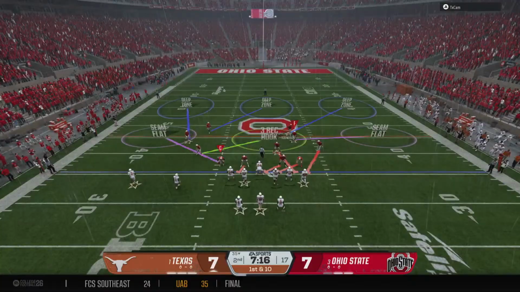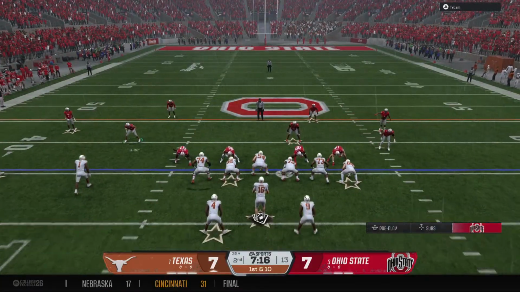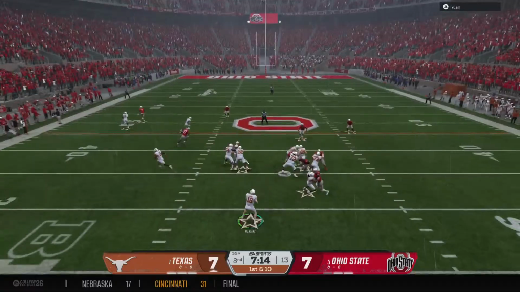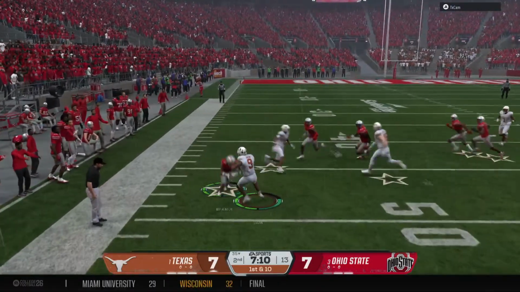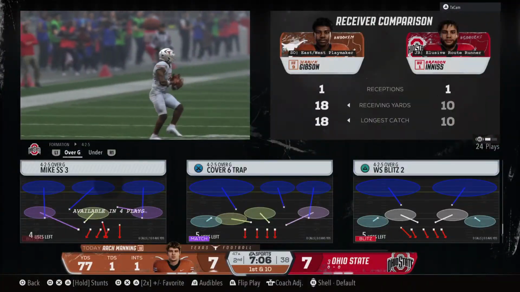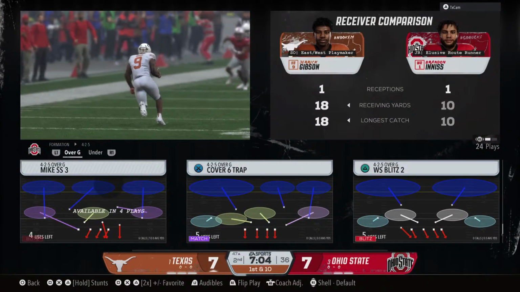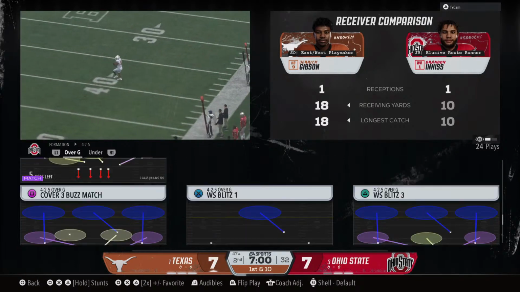And now the first play of this drive from the 35. Off the play fake, looking to throw. Nice grab. It's Gibson. Breaks into the clear. Tackle made after a nice pickup on the play. Defense kind of lost the running back here. Makes a nice catch and gets the first down in the process.